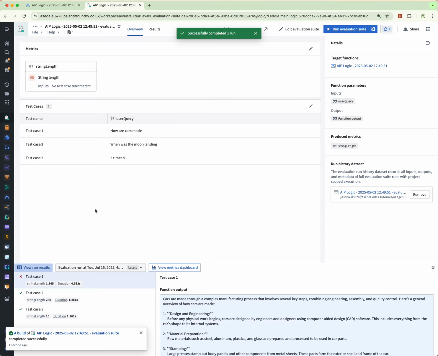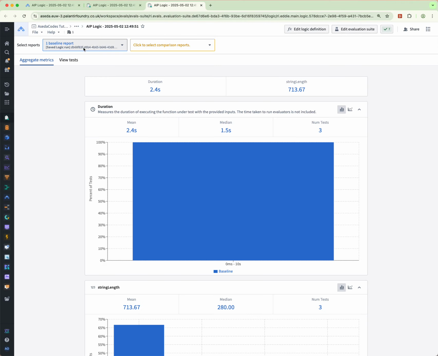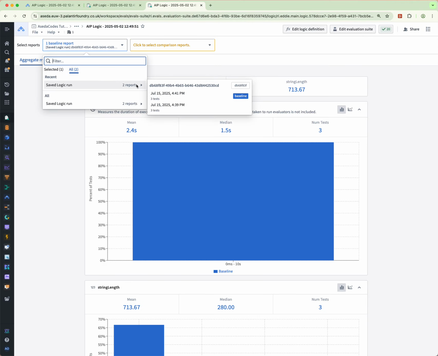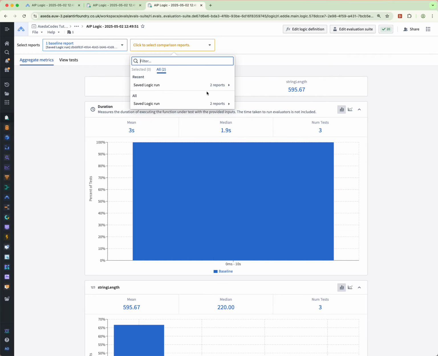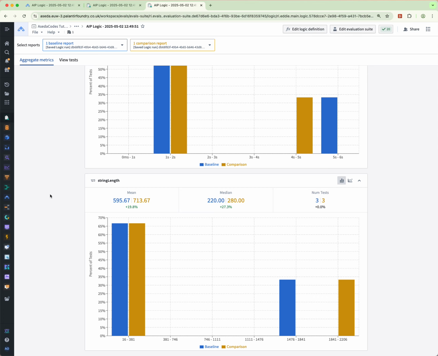Pause. Okay, so that's done. So we still have test case 1 failing. It's got over 1,000 in terms of string length. What I can do now is I can either go to result or the metric dashboard, which I think is more interesting for seeing certain metrics. So the baseline here is going to be the very initial report, and then I'm going to compare that with the most recent one. You can already see that,